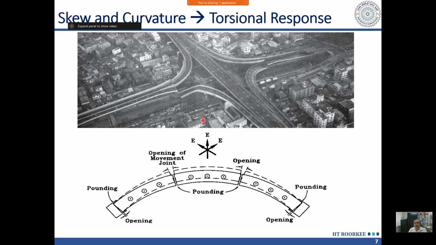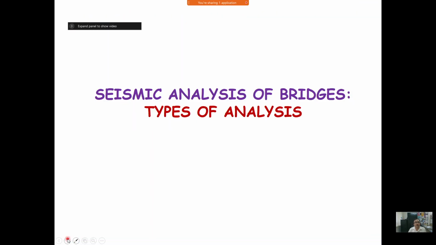So if the bearings are not designed, proper arrangement is not made to hold it down, during earthquake it can be even thrown out. What we see here in this photo, the curved bridge has been thrown out of alignment, but it is still resting on the pier, but sometimes this can be thrown even away from the piers. That has also been observed in some of the past earthquakes.